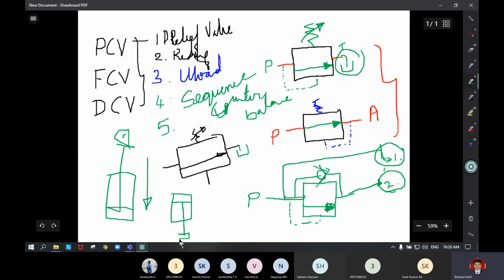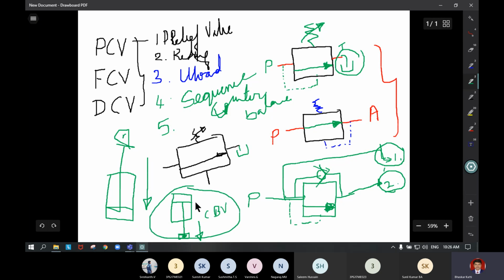Here we have a load. Under this gravity, the cylinder will extend. Automatically, because of this gravity load, it will try to extend. To overcome this extension, we need to have a counterbalance valve.